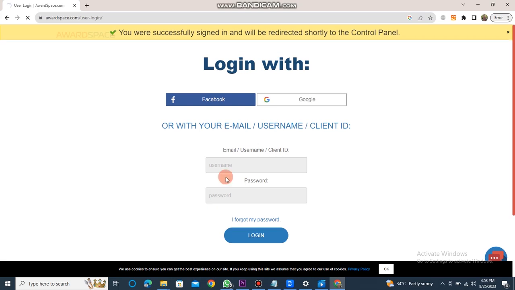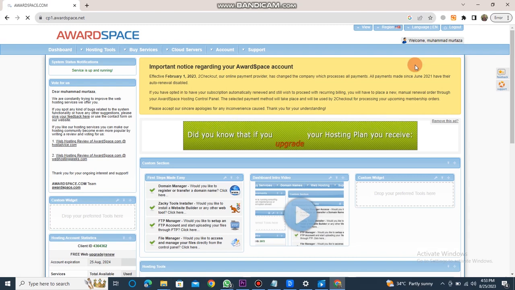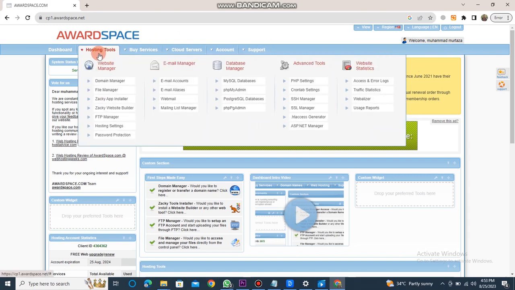I am having my account on this website, so it will not require a password from me. Then you have to click on close, and again you have to click on the close welcome button. And when the AwardSpace website is opened, you have to click on hosting tools, and then click on